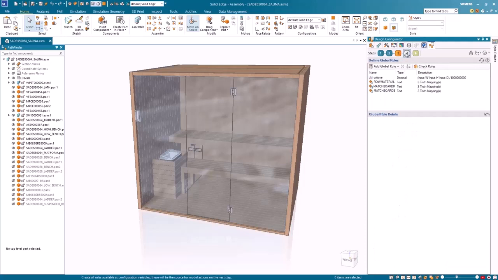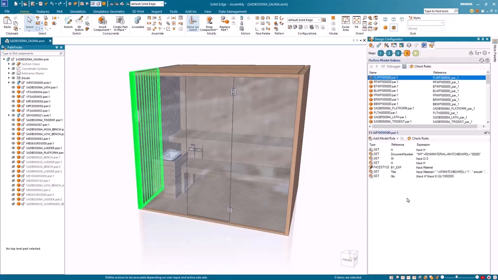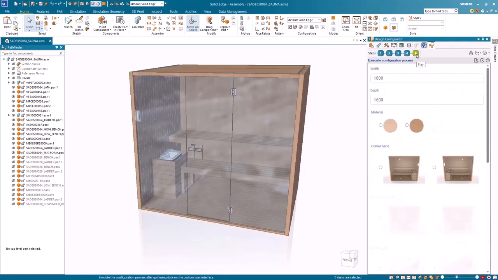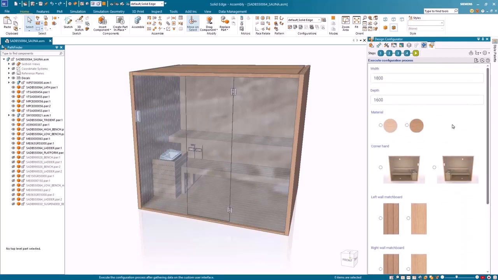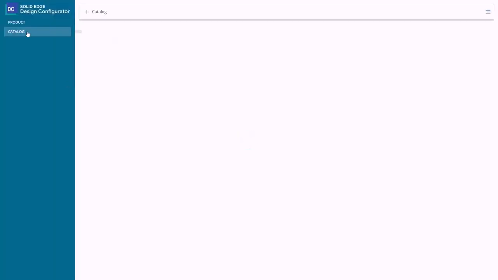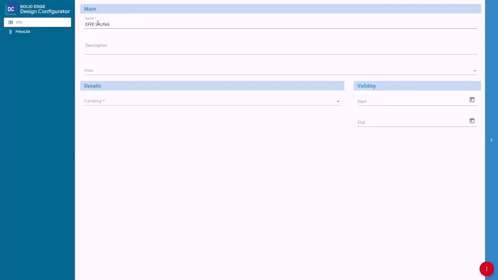New to the Solid Edge portfolio, Solid Edge Design Configurator Connect, a user-friendly web-based solution that delivers instant online product configuration, allowing your customers to quickly configure a product that meets their specific requirements. Solid Edge Design Configurator Connect enables you to connect your engineering processes with sales and marketing, streamlining design workflows while